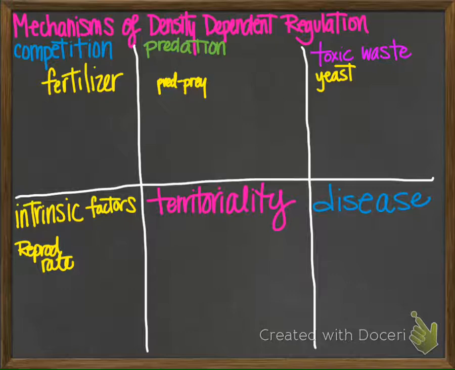Territoriality. Many organisms are territorial, and that can limit population density because they're going to mark their territory and no one else gets to come in, right? A lot of cats mark their territory with urine. And a lot of birds get very aggressive if other birds are too near their nest. Having non-breeding individuals is a good indication that territoriality is restricting your population growth.